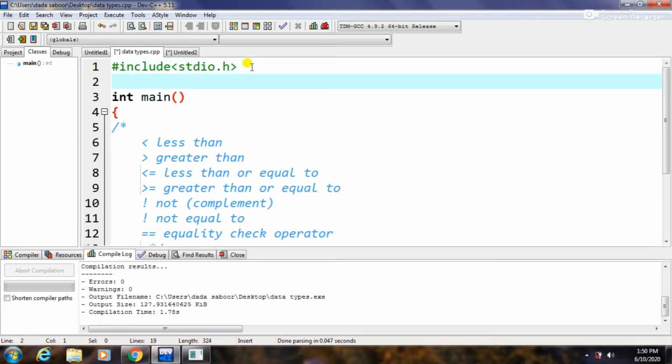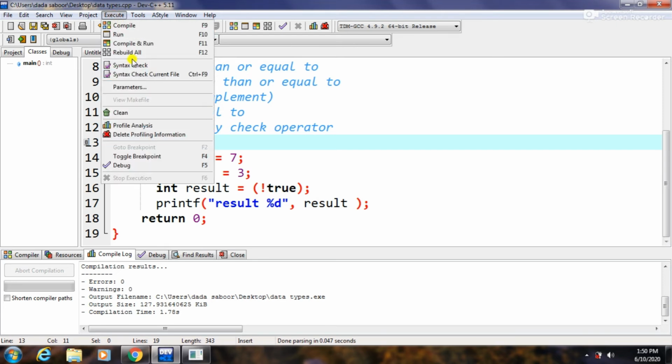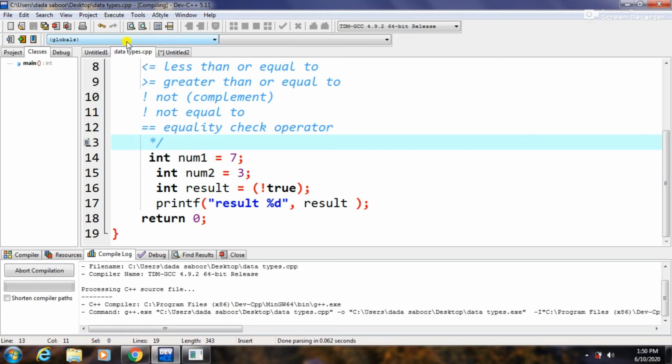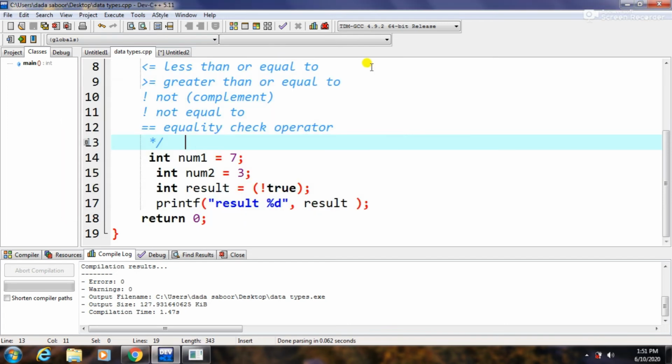If you want to write this command, then you should include its header file. Now you can execute this code and you will see the result is not true, which means the result is false, and 0 will be displayed at the output screen. So this is how it works. Complement means the opposite action. It becomes more readable, it means that the result will be the opposite.